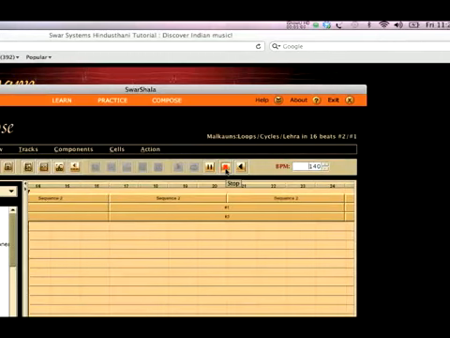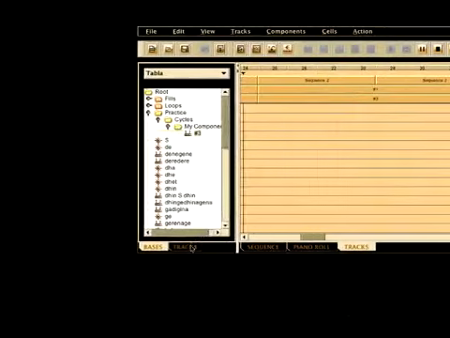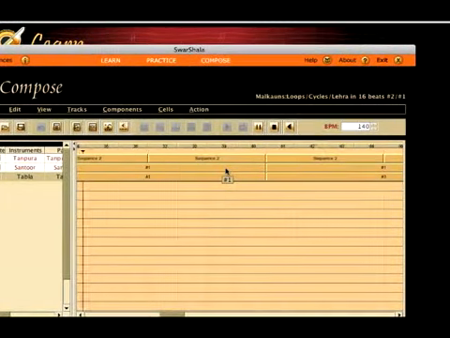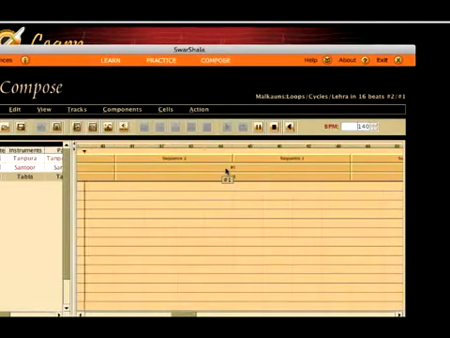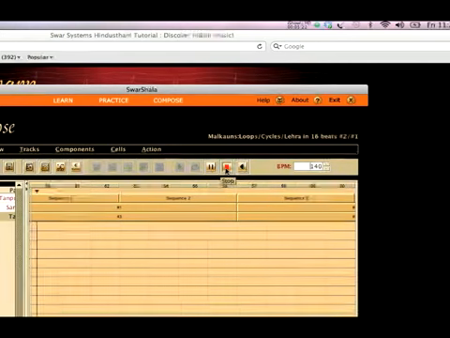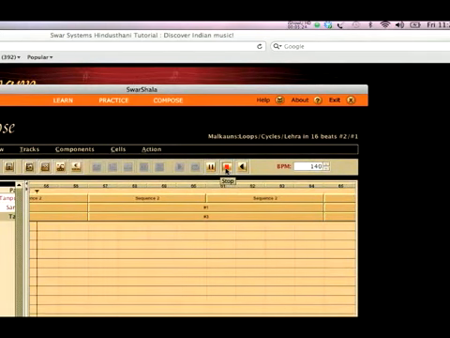Once the song is ready, you can export it as an audio file or as a MIDI file for your sequencer, in which case you will need to map each track to its Swarplug equivalent. You can of course also export the individual components as well, which can be very useful if you want to work with audio loops.